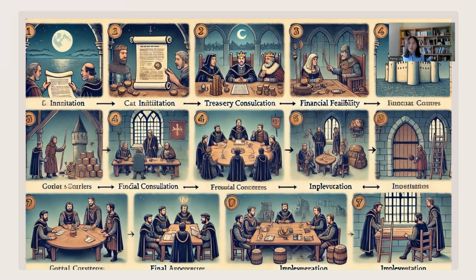Let's say a noble identified the need of building a castle for defense purposes. So he submitted his idea to his local lord. And the lord led a consultation with his key advisors to discuss feasibility. And if the expenditure is too large, the lord may also have to seek approval from his superior, for example,